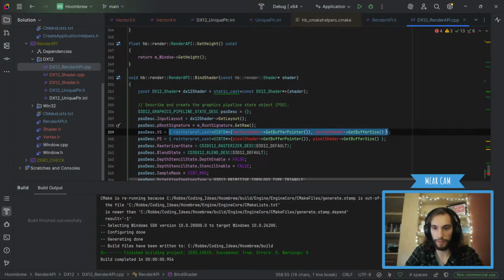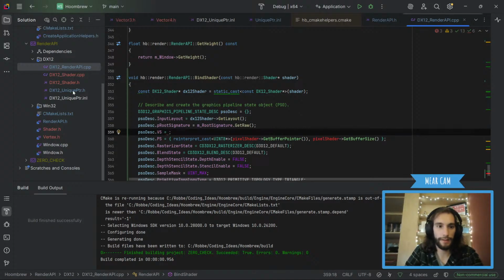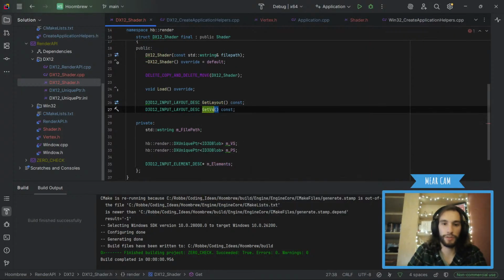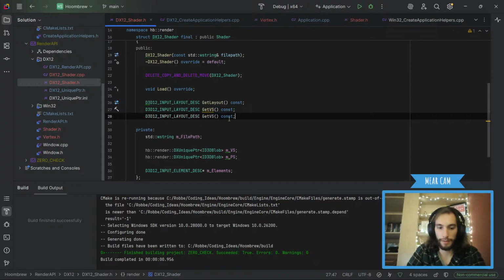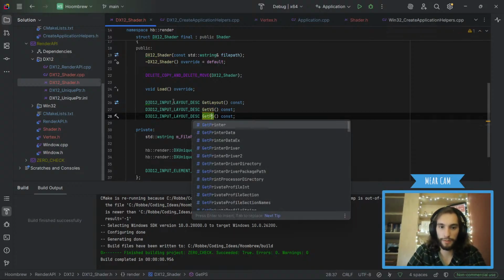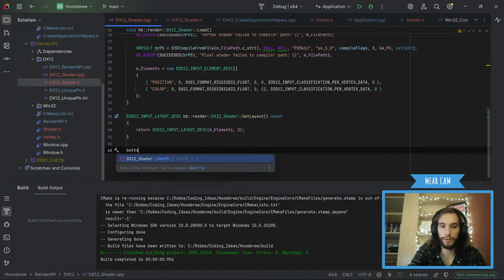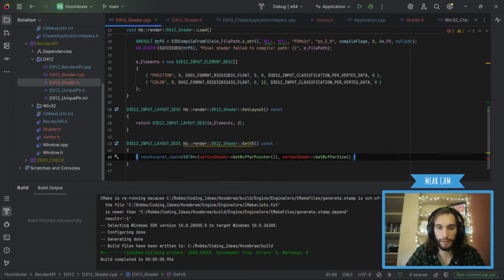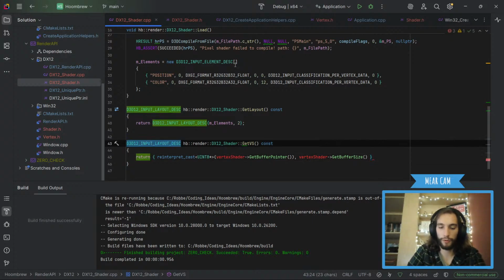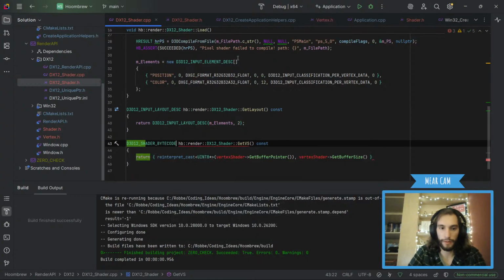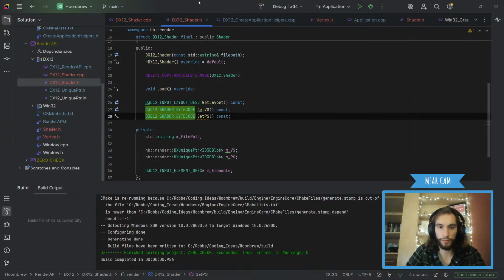So we're just gonna yoink this for a second as well, and inside our shader we're gonna do get vertex shader, and then get pixel shader. Okay, and then we're gonna paste that in here. And it's gonna be D3D12 shader bytecode, like that. And boom, done.